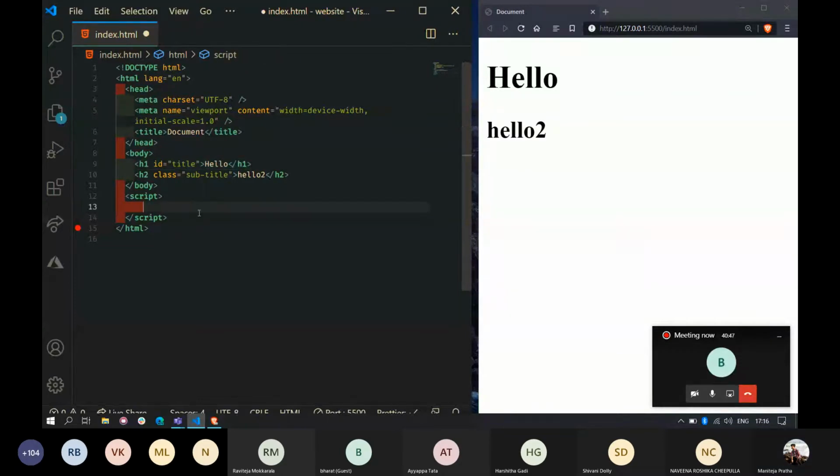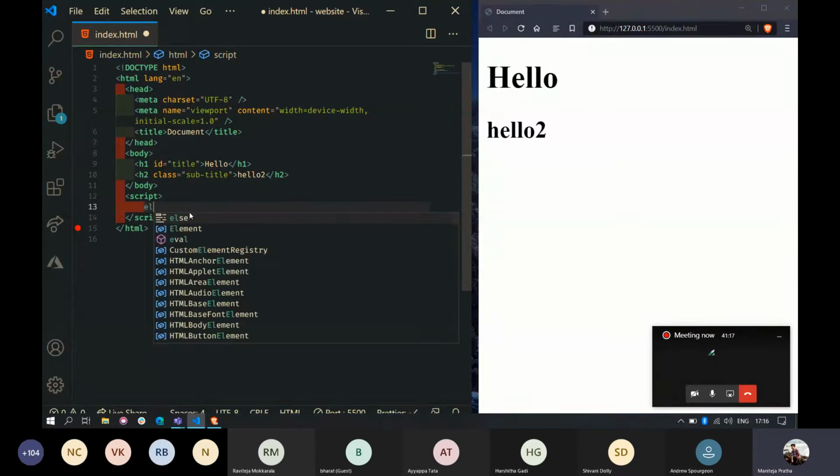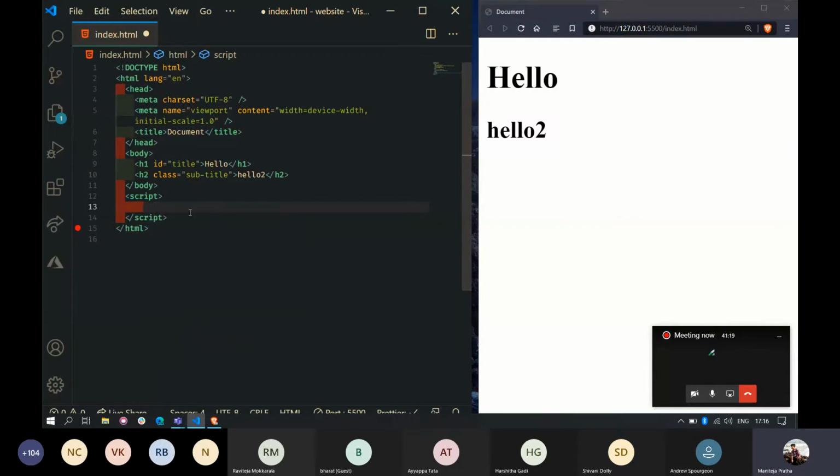If I want to access this h1 tag, getElementById. getElementById. Good. So now if I want to access this h2 tag, what is the method that I will use? getElementsByClass. Element or elements? Elements, okay, it is plural because we can have multiple HTML tags with the same class name, right? Even if we only have one class, the method won't change. getElementsByClassName. So fine. So now we can reduce this code.